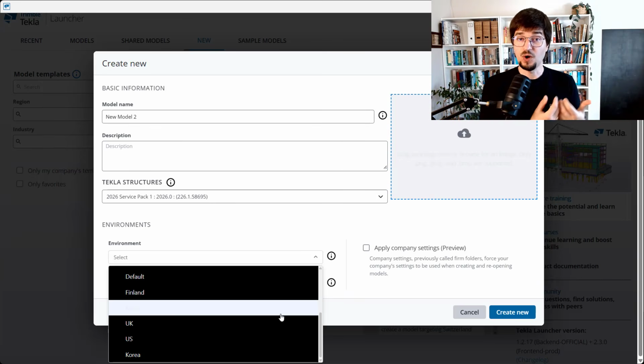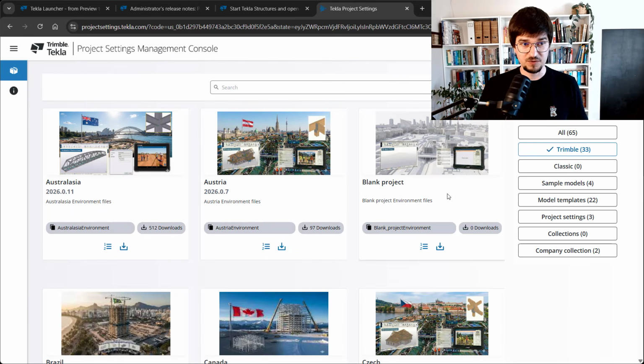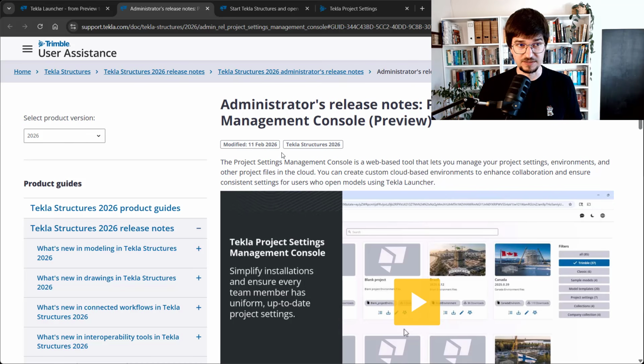But if you are using your own one, something you have created based on the common one, or created from scratch, then of course it will not be automatically updated on the end user machines. That's not the case yet, because they are experimenting with something, and I am not sure how it will end. But if you look into the project settings management console, this is the preview feature, which is described in the